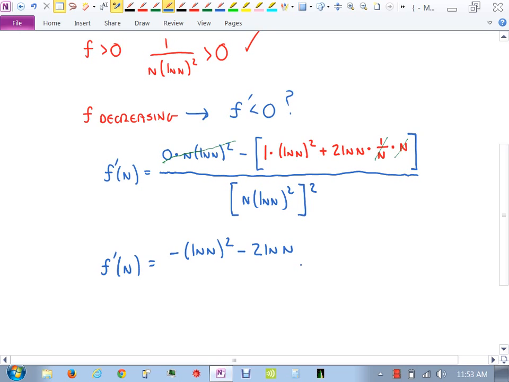Yes? All over, check this out, a positive number. Right? Isn't the denominator always positive? Because I'm going to square it. It's never going to be 0 because remember we're starting at 2 and on. So tell me about this. Is this negative or not? Well, natural log of n